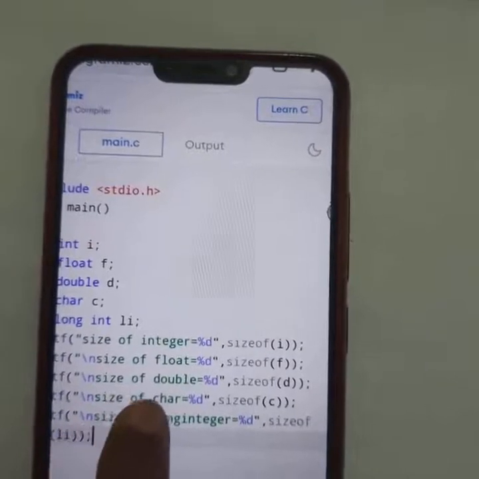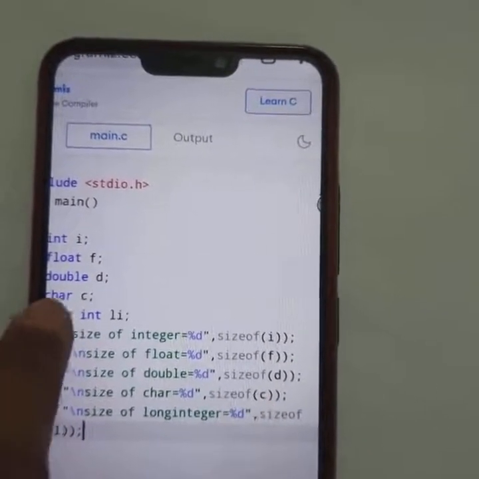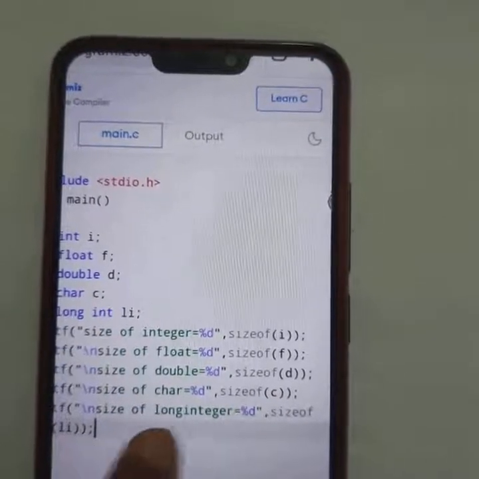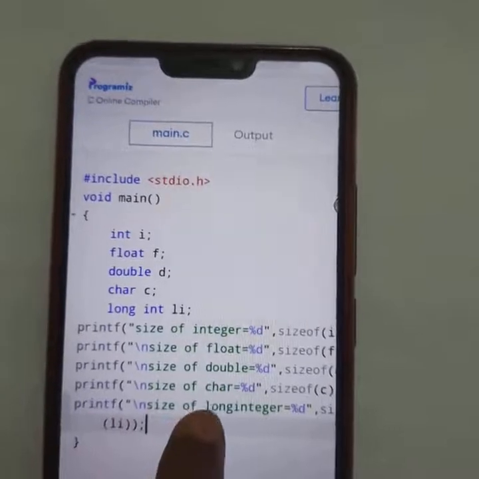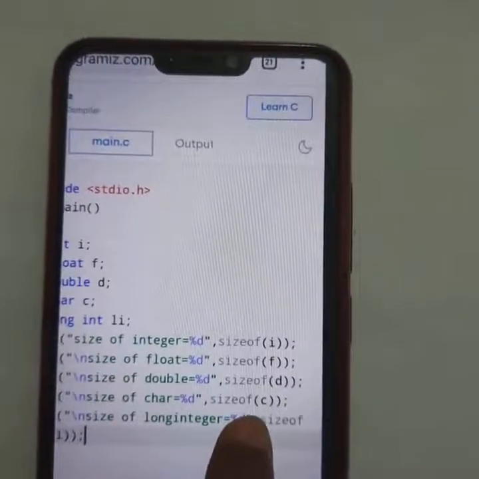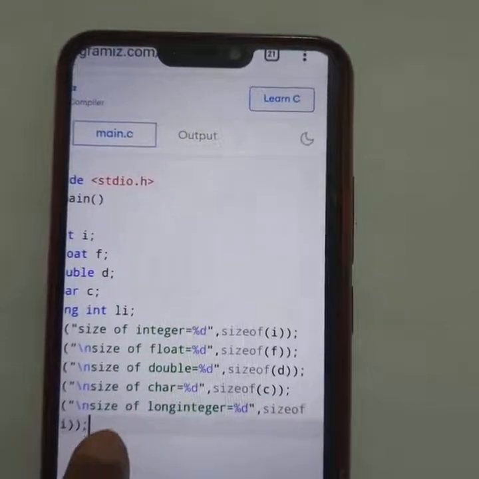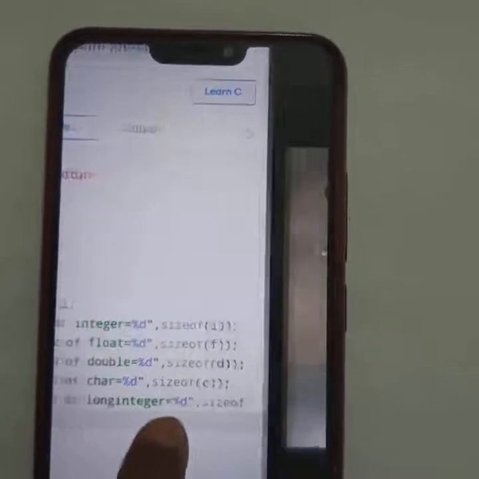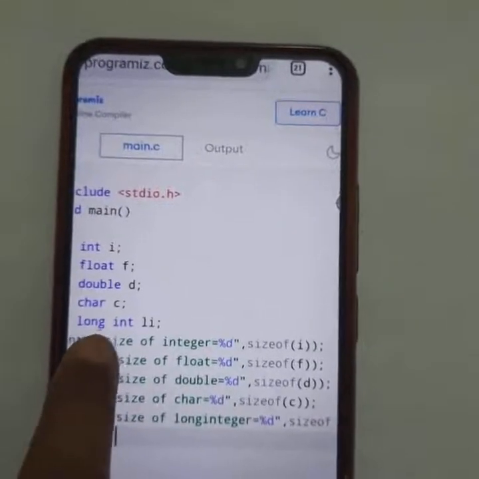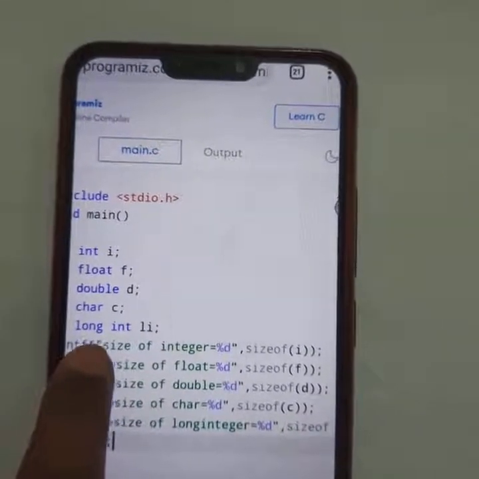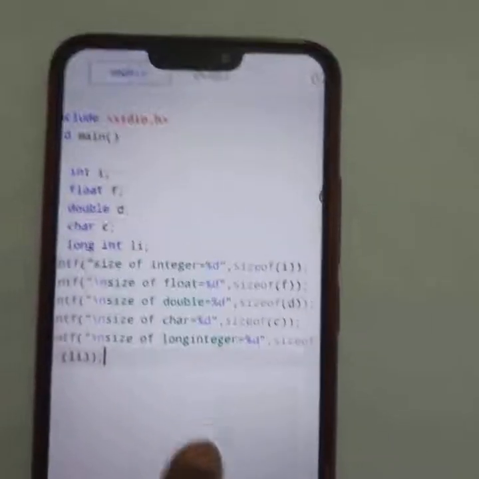After that, size of double, also using the sizeof function and passing the variable of double data type. After that, size of character, passing the variable of character data type, and size of long integer, passing the variable of long integer data type, that is li.